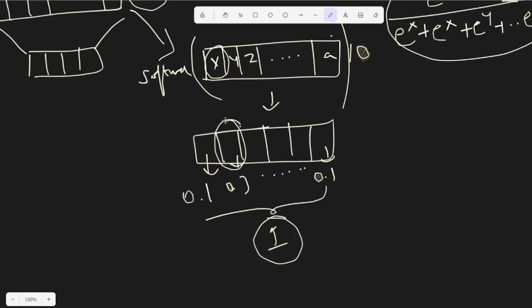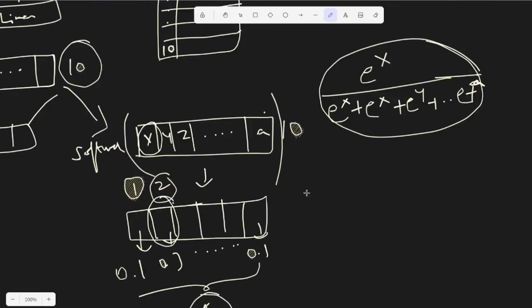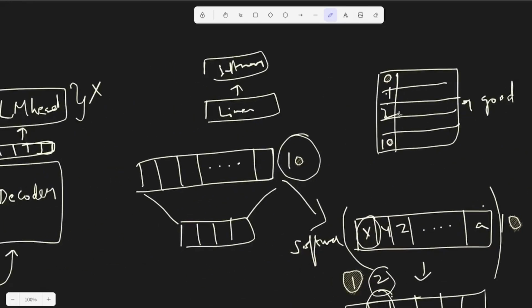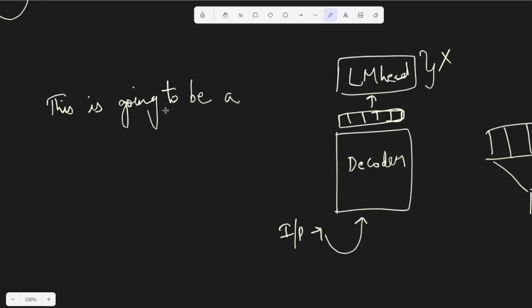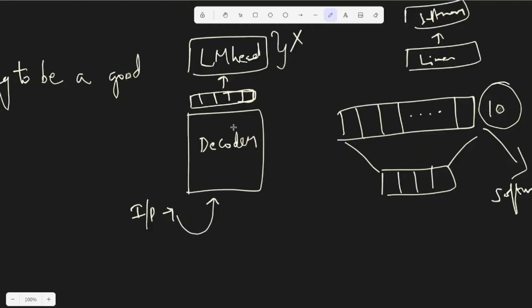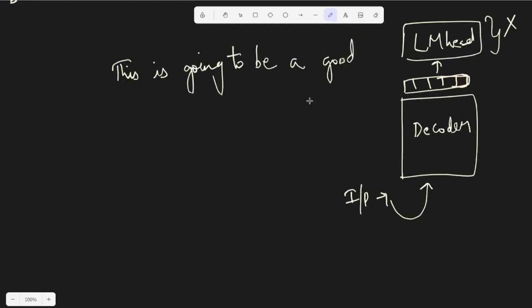and because this is in the second position, let's say the index starts from 1, we go to our vocabulary set, and then we grab the second word. Let's say this is for the context, let's say this is the word good. So now the transformer predicted that the word is good. So again, this gets added to the input, and the same thing happens, that this again is